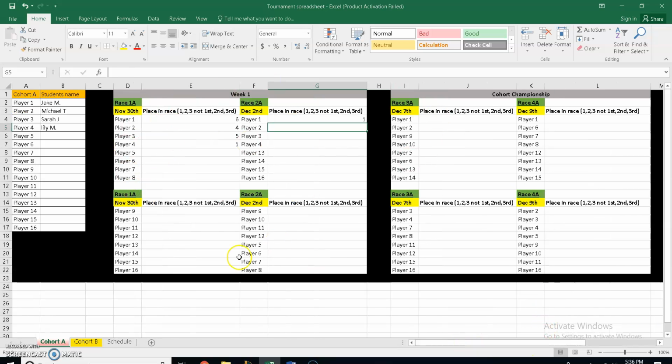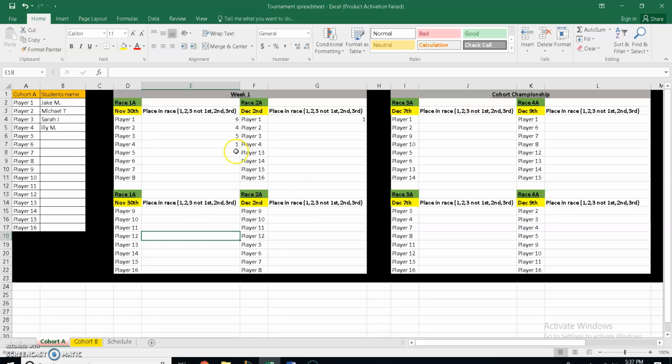So that's kind of how to use this Excel sheet, but basically the idea behind it is that this creates a schedule for you. That way you don't have to do everything. So you have players 1 through 8 in a breakout room, players 9 through 16 in a breakout room. Then on Wednesday, you'll have players 1 through 4 and 13 through 16 in a breakout room together, players 9 through 12 and 5 through 8. And these players will change based on which advisement you're in, just as a shell for you guys, right? And then if you click over to cohort B, same thing, just different days, and you're going to have different people. But hopefully that helps clarify how to actually use this Excel sheet for the Mario Kart tournament.